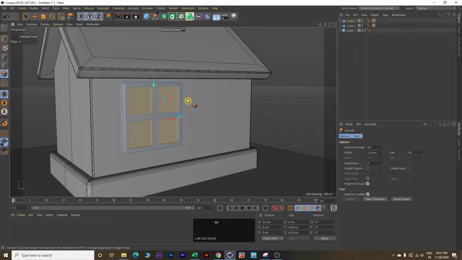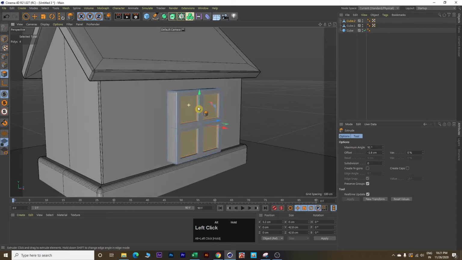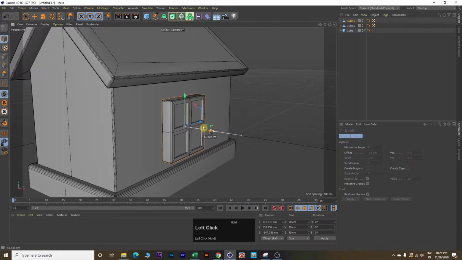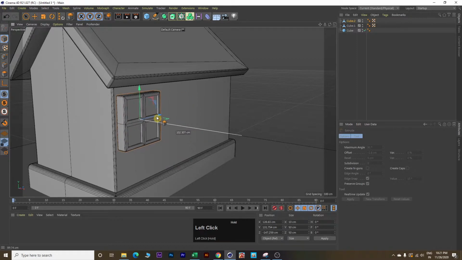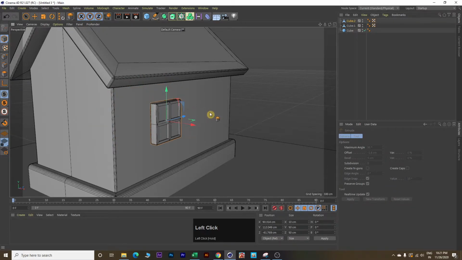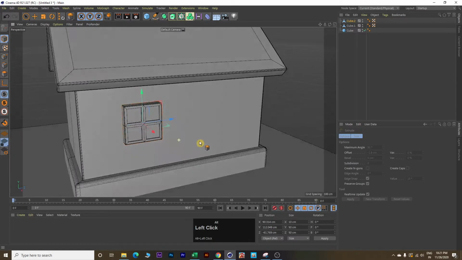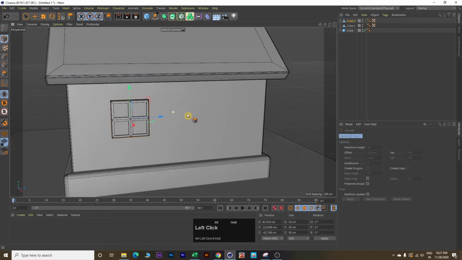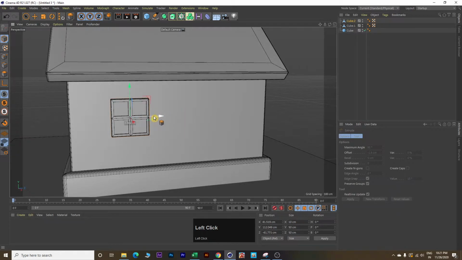So we have made some depth in our glasses over here, and this is how it looks like. Now we will adjust this by clicking on this model, use this arrow and move it backward towards the wall. Move it towards the right, move it little down. And move it to the wall. This looks good. Let's adjust little it towards the left.